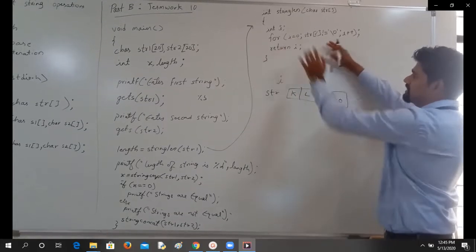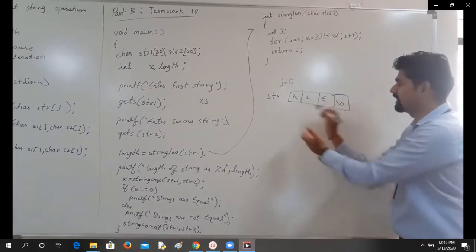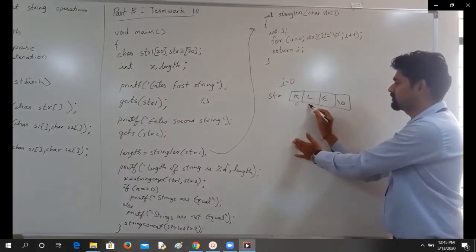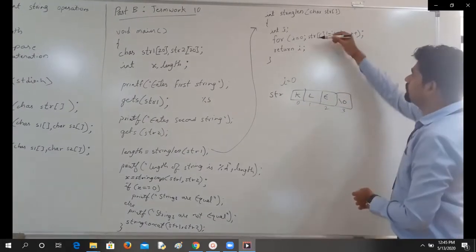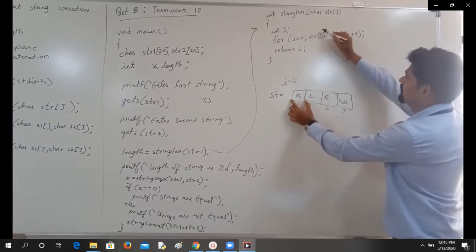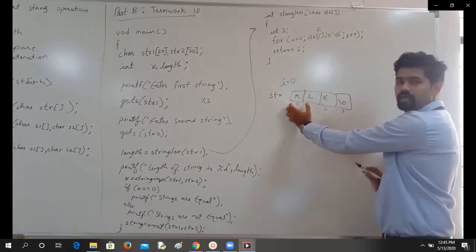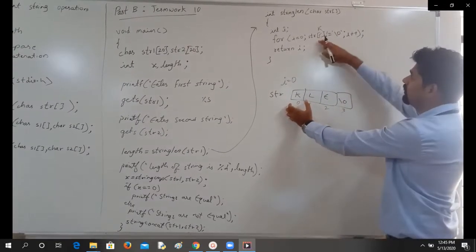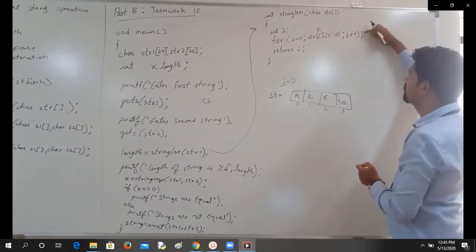I have initialized i to 0. So the initial value of i is 0. This array, you know that there are indexes which are integers starting from 0. So I compare str[0], meaning this particular element which is K. I just check if K is not equal to the null character. Okay, so this is true. What happens is the control goes to the body. But in this case, if you see, I have put a semicolon here.